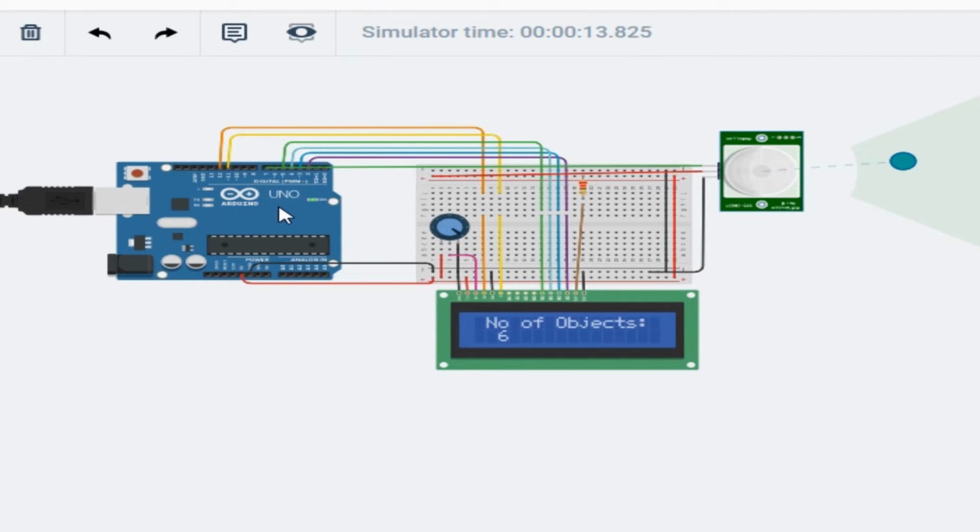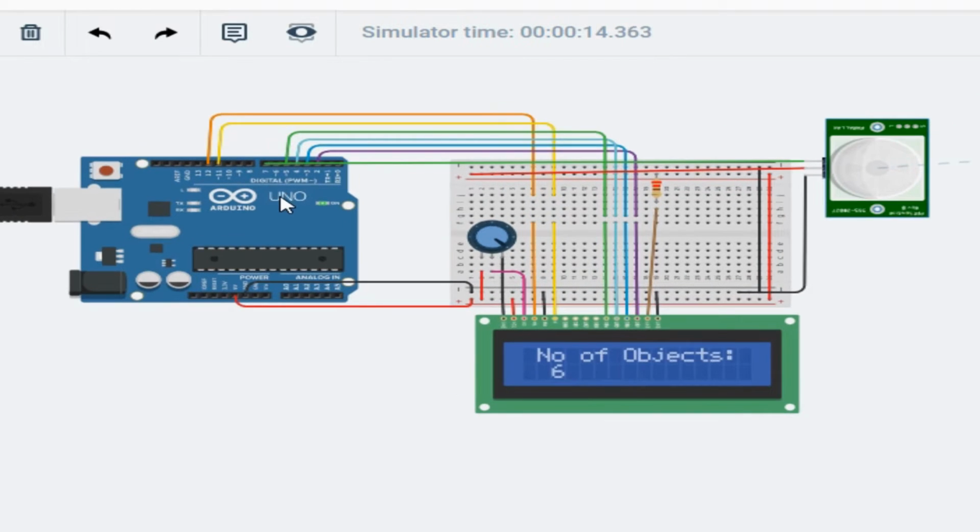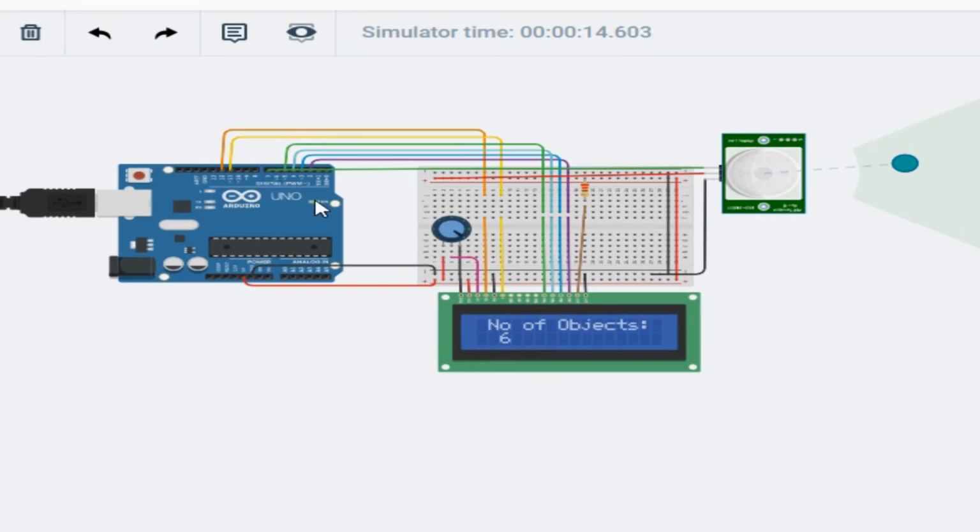Then our Arduino Uno board takes that output of the IR sensor as input and displays the count of the objects on the LCD screen, as shown in this simulation software, Tinkercad. So now let's go to our practical demo.